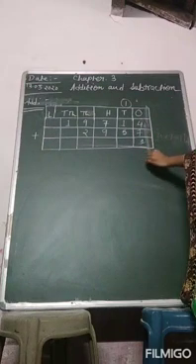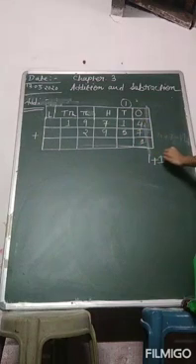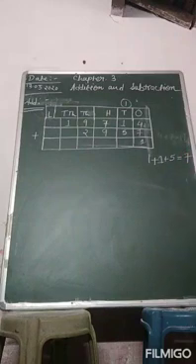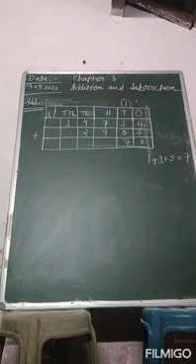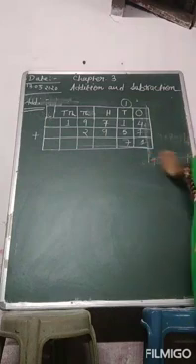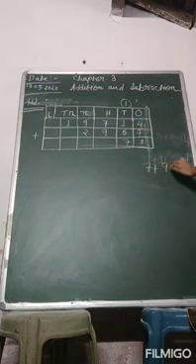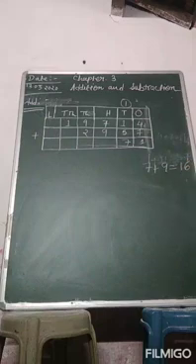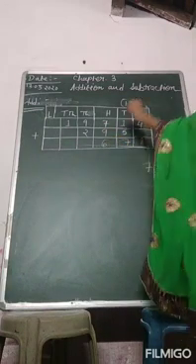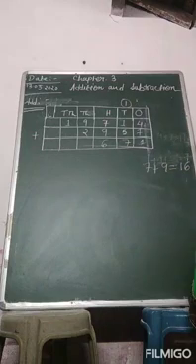Then add the digits in the tens column like this. 1 plus 1 plus 5 means 7. So 7 we will write at the tens place. Now similarly add the digits in the hundreds place. So what is 7 plus 9 equal to? 16. So 6 we will write in the 100 place and 1 we will carry